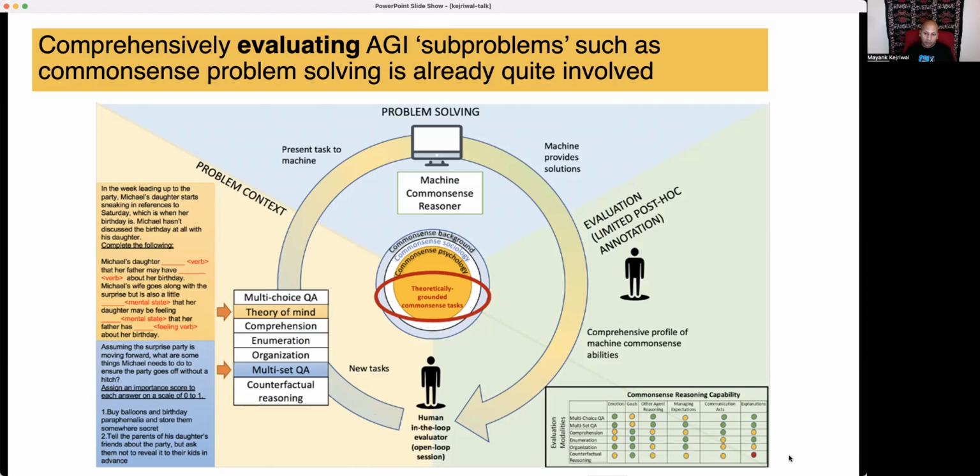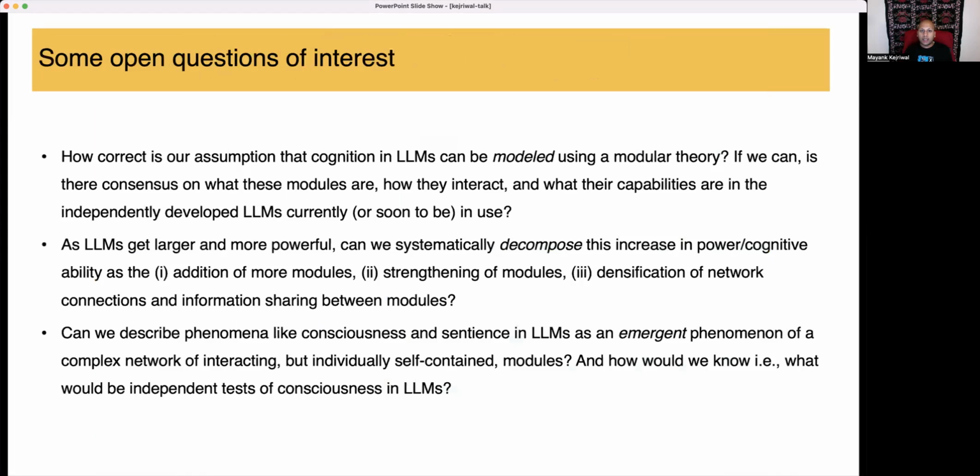And then we can look at a chart like this to see, do we believe the machine has common sense? Why or why not? And is it able to do different types of common sense all at the same time? We think that this protocol can then be expanded even further to other AGI problems, to AGI as a whole, and hopefully to consciousness as a whole. So that's kind of where we are headed, but it's still very early work.